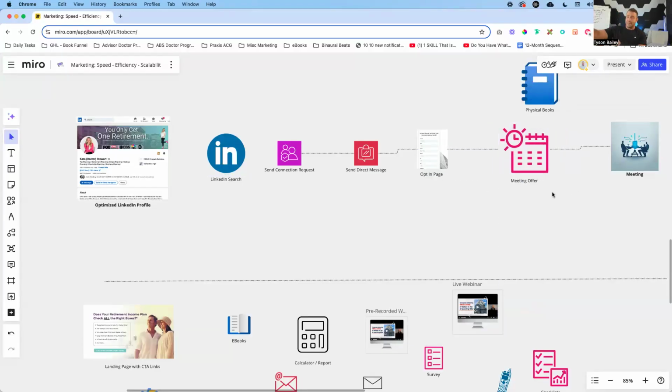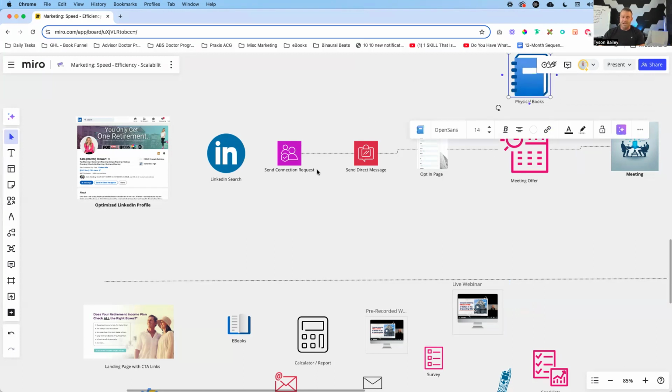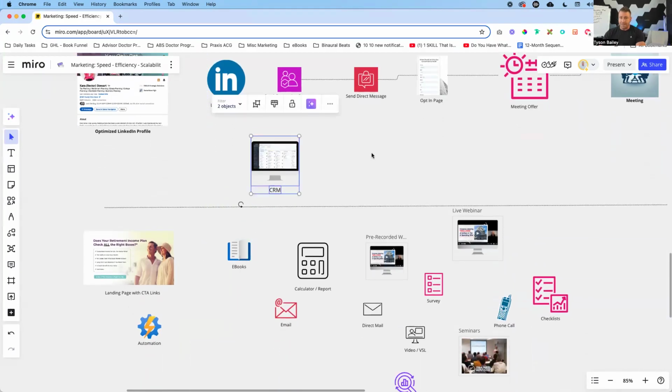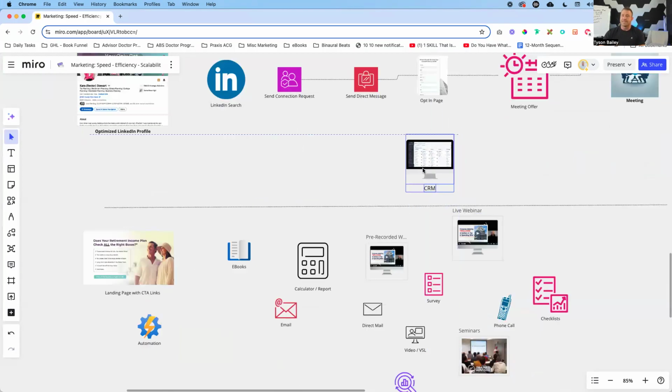If you don't have the landing pages, if you don't have that infrastructure in place, all you need to figure out is how to band-aid things together so that you can grab their information inside of the LinkedIn messages, to be able to ship them a book or something like that, and then from there, store those in your CRM. That's one of the things that I'm going to bring up here. If you're not using a CRM as a way to track each individual that comes through, I highly, highly encourage getting something in place.